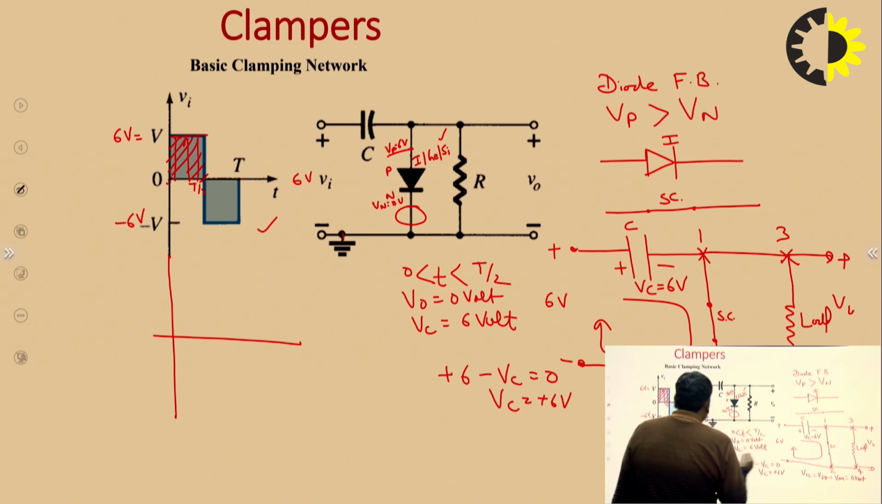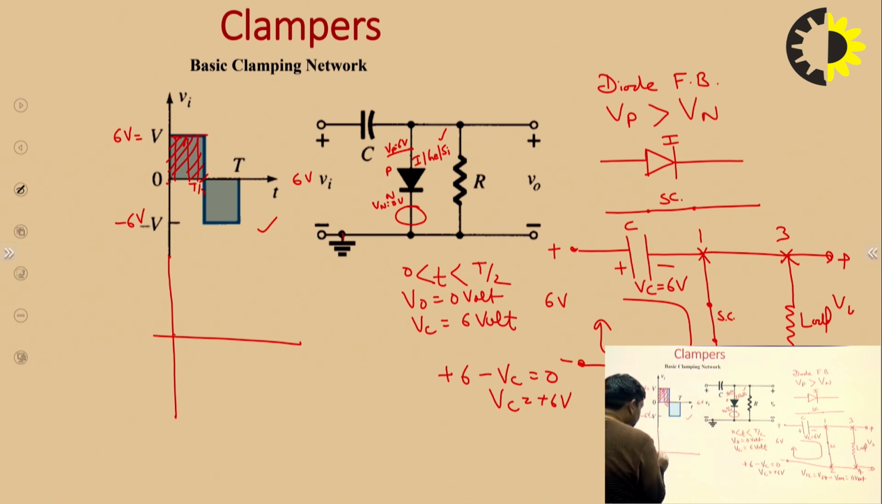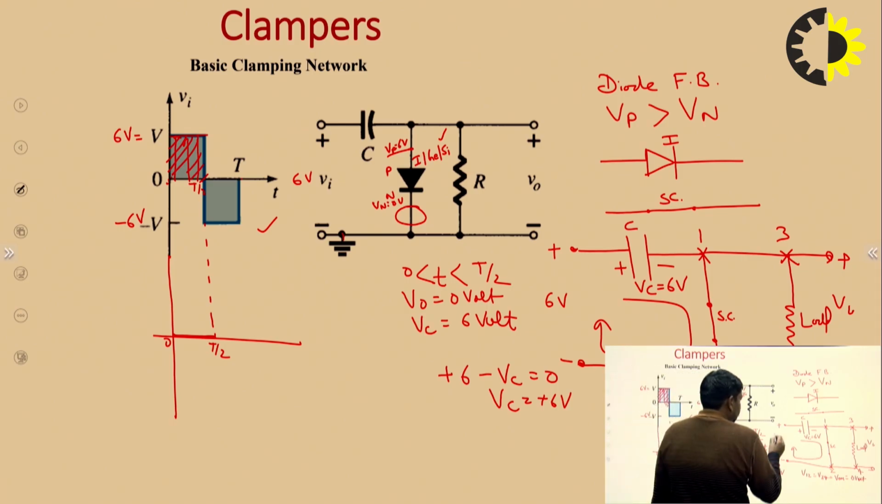But during the negative half cycle, 0 volt is to appear, that is, from 0 to T by 2, 0 voltage is to appear. But in the negative half cycle, this is minus, this is plus, and